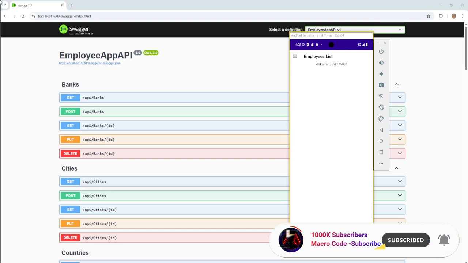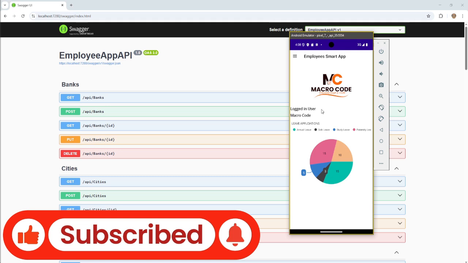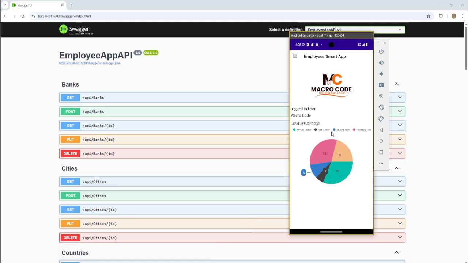So today we're going to proceed with our employees mobile app. As you can see, we've been doing a series of employees app. We have this app that we just created, and we are going to ensure that we complete this mobile